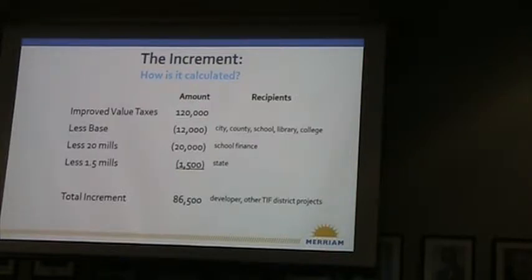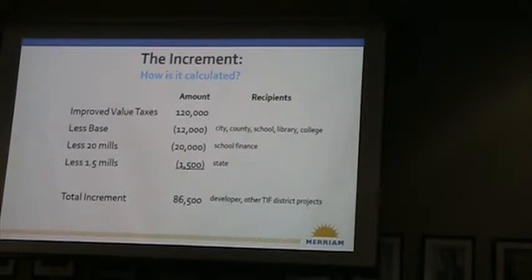So what you have is $120,000 of improved value taxes. We've got the base, which is off limits, which is the $12,000 that was originally going to city, county, school, library, all the different taxing entities. That's frozen. That continues to go to those places. Then you've got your 20 mils and your 1.5 mils that go to the school finance formula and the state, meaning that you've got, in this scenario, $86,500 that's left for that partnership to go with the developer for TIF